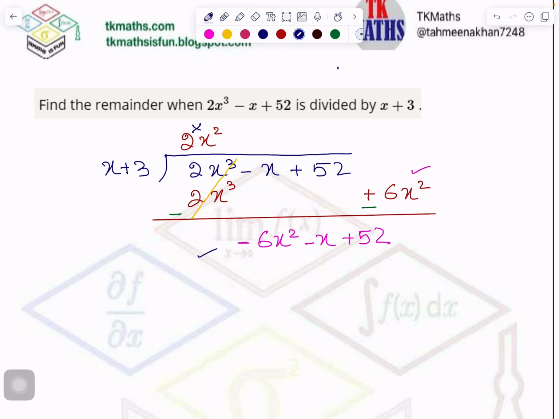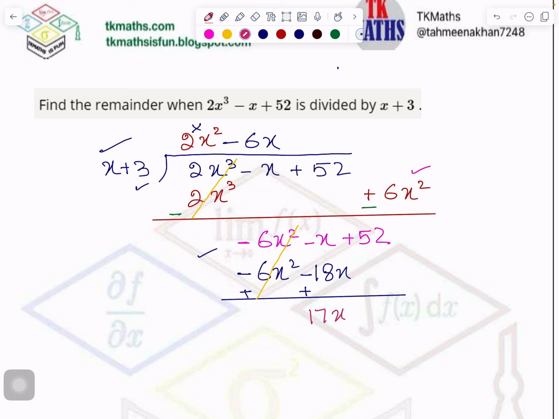Forget about this totally. So x multiplied by minus 6x will give me minus 6x square. Then I will multiply 3 by minus 6x, and then I will subtract. Signs will change, so this one will cancel out. But minus x plus 18x will be